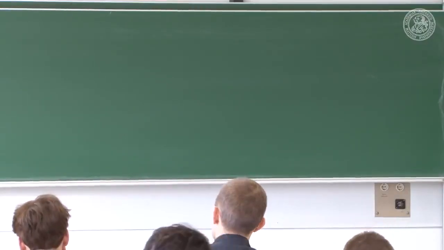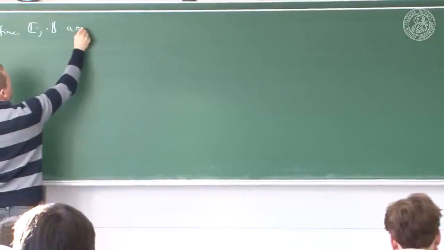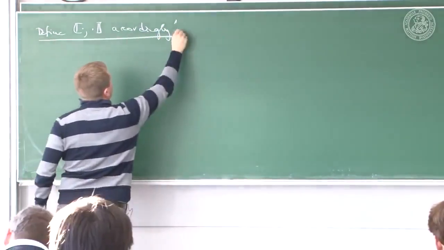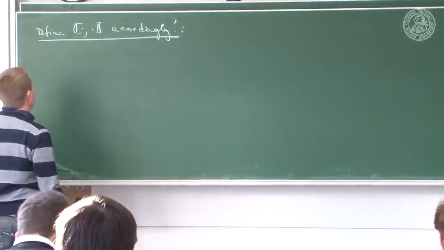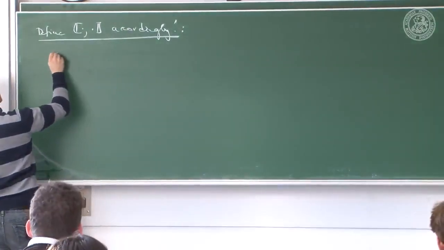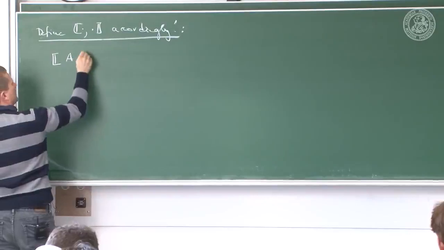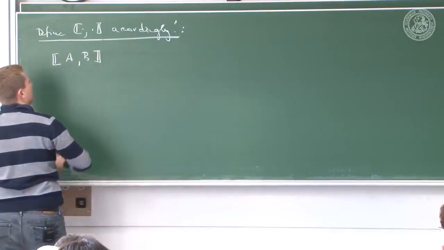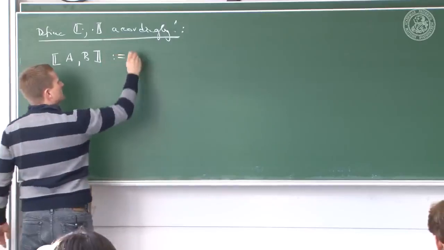Define the double bracket accordingly. So how do we do that? Well, we simply say define the bracket of two elements of TeG. I already wrote down from where to where the map goes. Define it to be